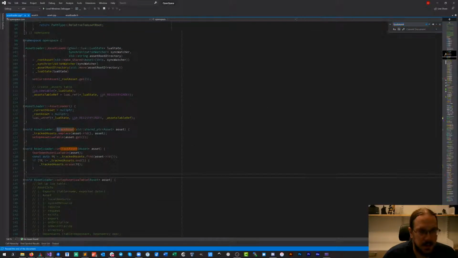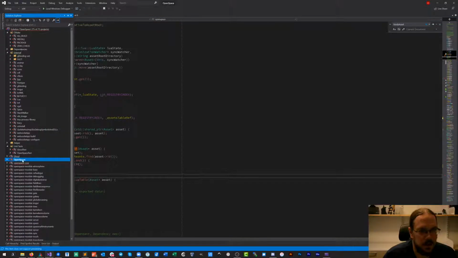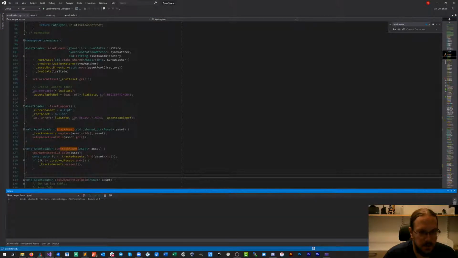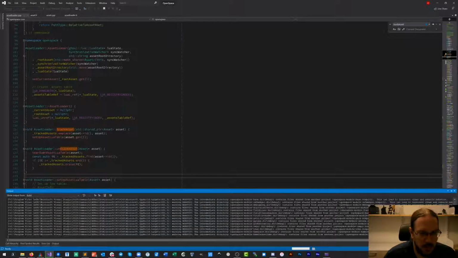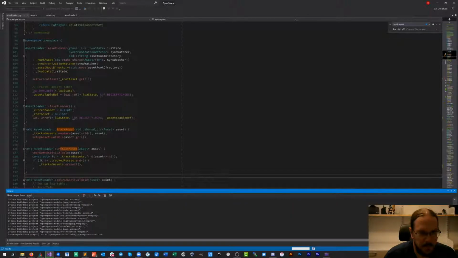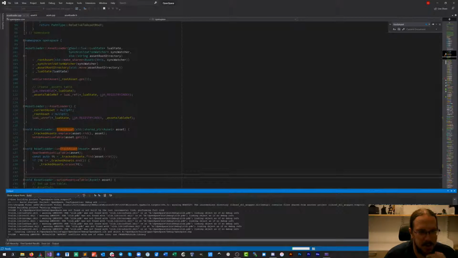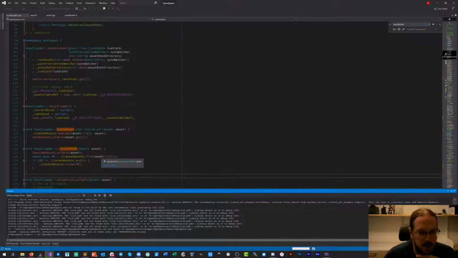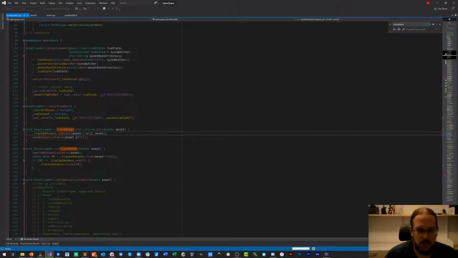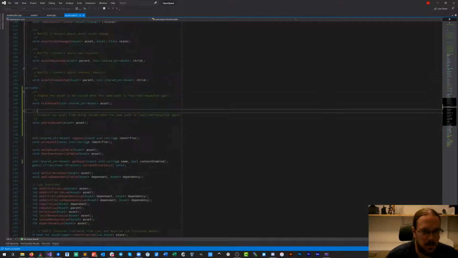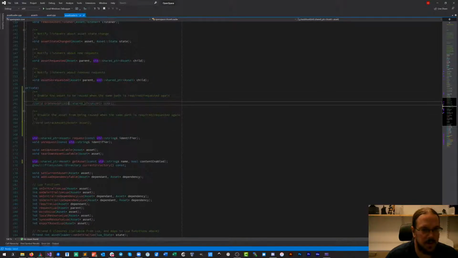So let's see. This function never gets called by anyone, does it? So why do we have it? Seems to be not a very useful building block. See if the compiler tells us if we actually need it. That does not seem to be the case. So then we'll get rid of this entirely.